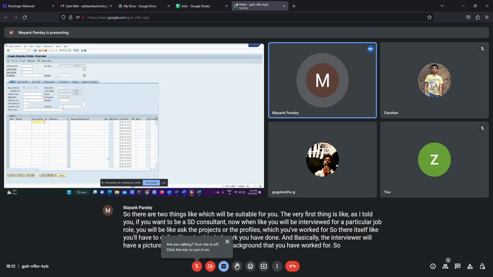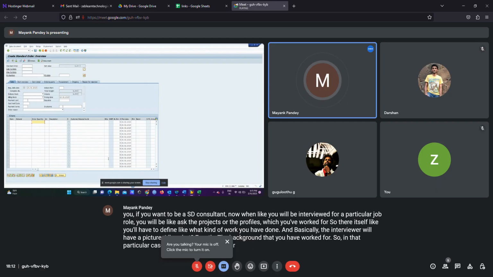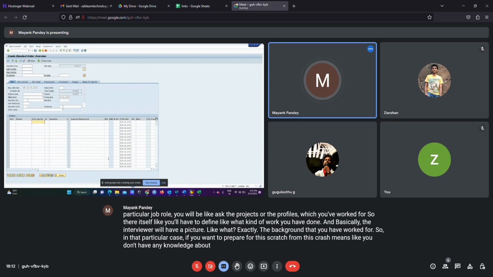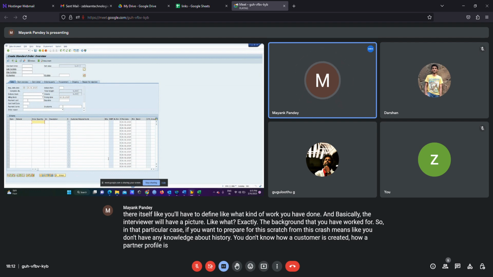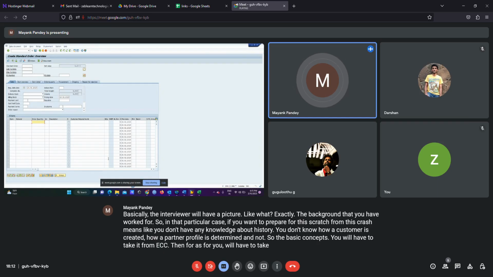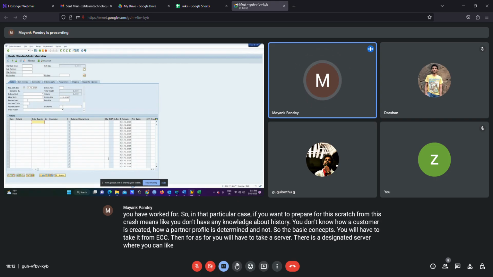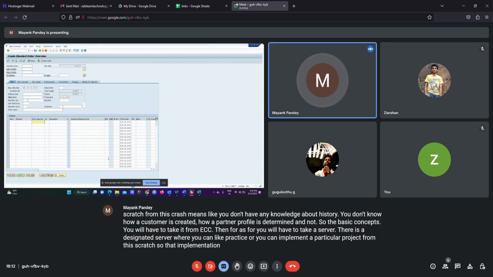So in that particular case, if you want to prepare from scratch, meaning you don't have any knowledge about SD, you don't know how a customer is created, how a partner profile is determined and all, the basic concepts you will have to take from ECC. Then for S4 you will have to take a server. There is a designated server where you can practice or implement a particular project from scratch. That implementation you will have to do on your own in order to have a clear picture of what exactly is happening.